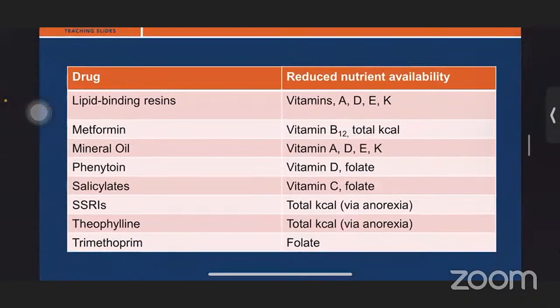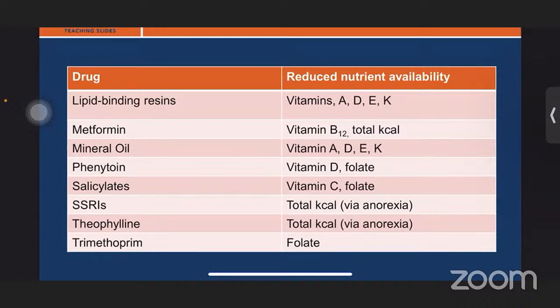And coming to the other drugs, lipid binding resins would reduce the bioavailability of vitamin A, D, E, K, and metformin would decrease the bioavailability of B12. Regarding this, I want to mention a specific point. I've seen many cases of people on metformin and associated B12 deficiencies while I was rotating recently with another internal medicine doctor. So yeah, coming to the mineral oil, it reduces the bioavailability of vitamin A, D, E, and